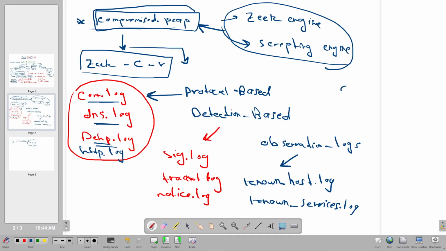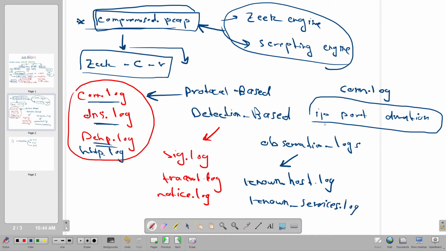For example, let's say we have the connection log. We open the file in an editor and we recognize that we have an IP field, port field, duration of the connection, right? So recognizing the fields is very important when analyzing the log file